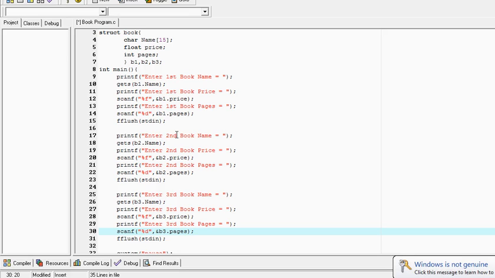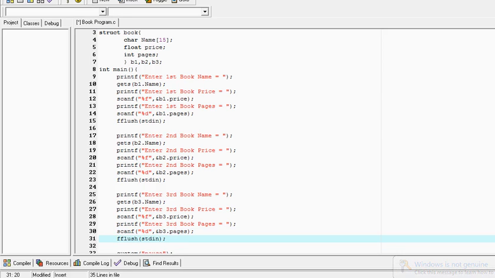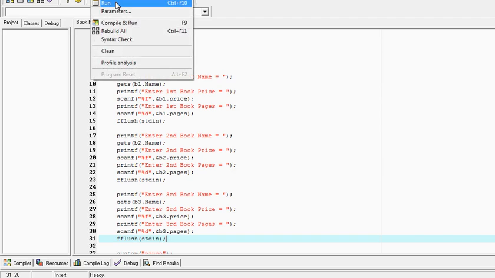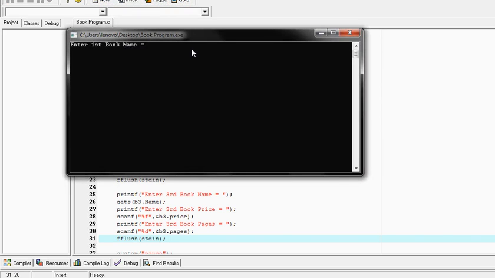That's great. We're done here. And what now? Let's just see if our program is working well. Okay, let's compile without any error. Now let's run it. Enter first book name, let's say electronics. Enter book price, let's say it is 1500.00, and